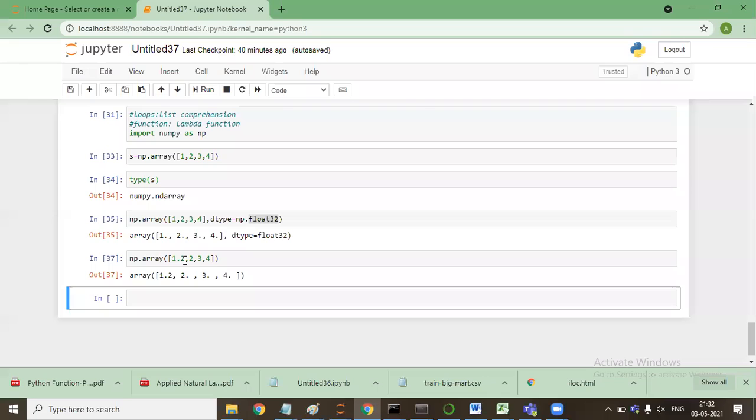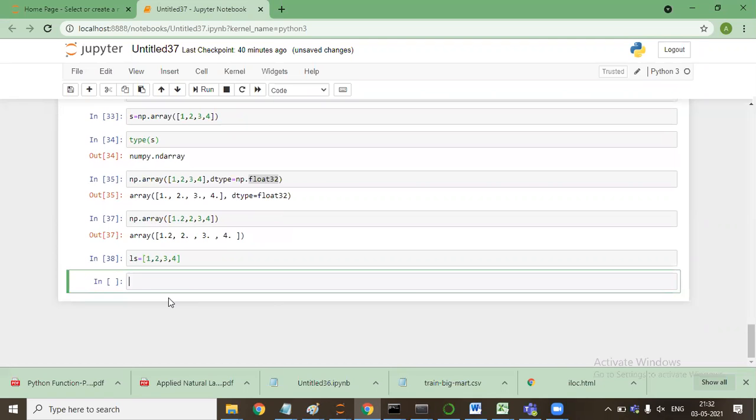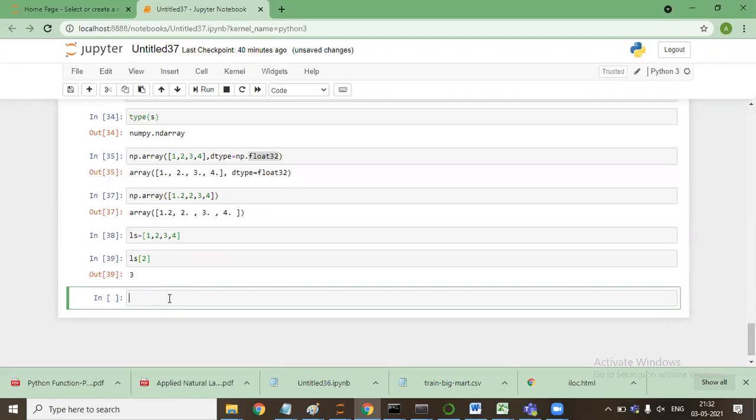So if I say ls is equal to, and then ls 2 plus 3, what will happen?